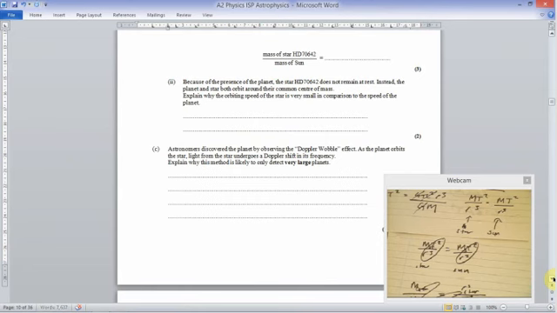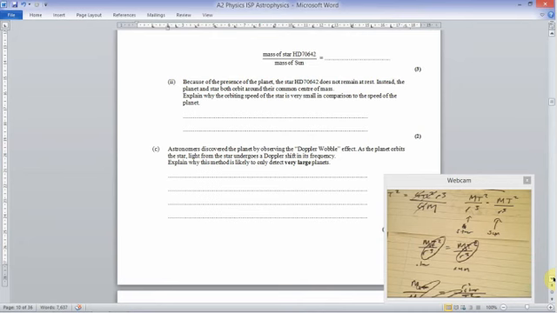Because of the presence of a planet around HD 70642, the star doesn't remain at rest. Instead, the planet and the star both wobble around a common centre. Explain why the orbiting speed of the star is very small in comparison to the speed of the planet. Right, okay, so we've got the idea of one object orbiting another. So the larger planets will move around the centre of mass. I didn't say it's a large planet actually. I'm just assuming it's a large planet because it's making